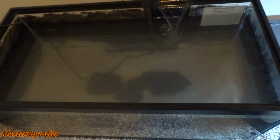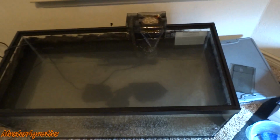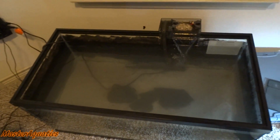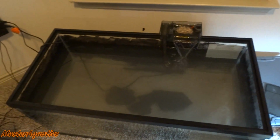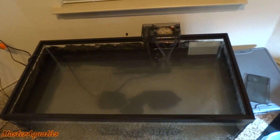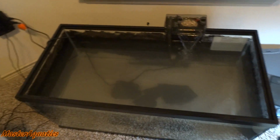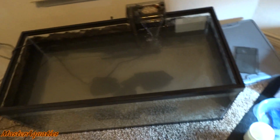Alright guys, so I have finally taken that ugly substrate out of this fish tank, and I've added some things in here, but it's not ready yet. I'm not putting the fish in just yet. What I'm waiting for right now is, I just turned my heater back on. I just plugged it back in because, of course, when you drain the water, I always unplug the heater, because that's one mistake that I never want to do again. I don't want to have any heaters exploding on me or doing any sort of damage, so I always unplug it. So I'm just waiting for the water to get back to the temperature that it needs to be okay